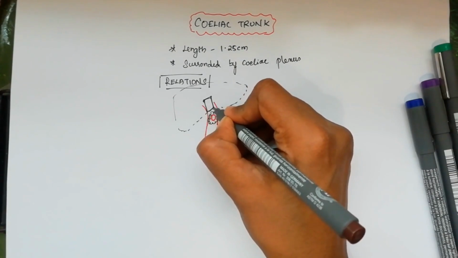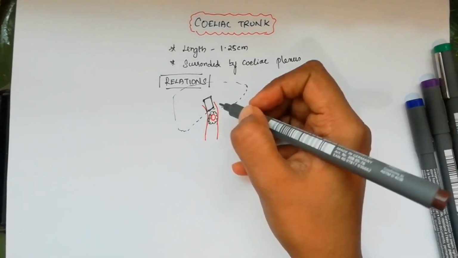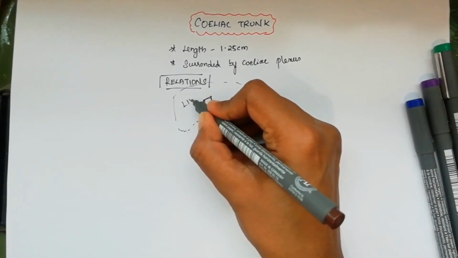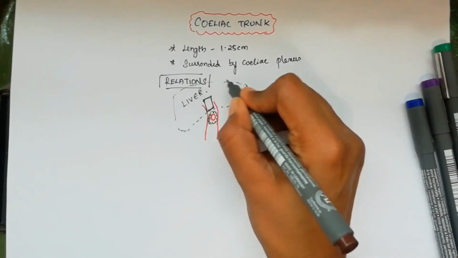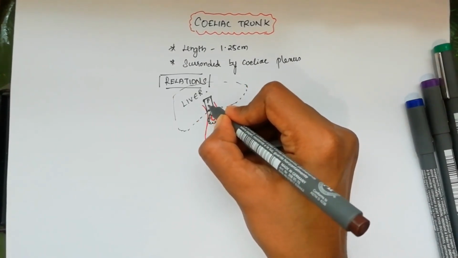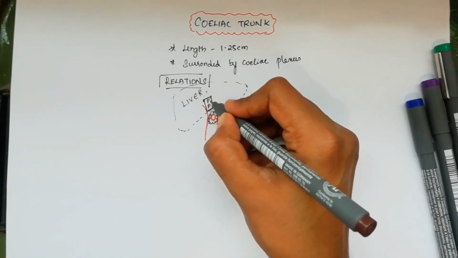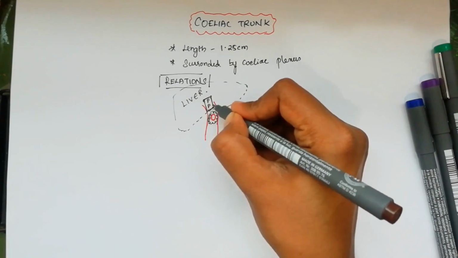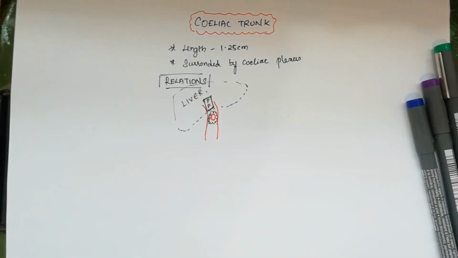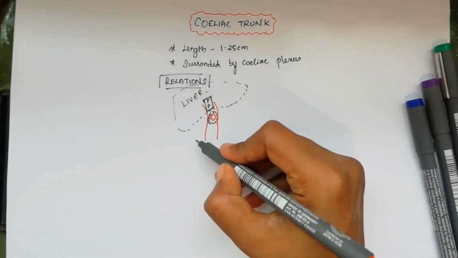So in the inferior aspect we have got the papillary process of the liver. So this is the liver of our body. In the liver we have got the papillary process, which is related just above the celiac trunk. So the papillary process of the liver is related above the celiac trunk, and below it we have got the pancreas, and this